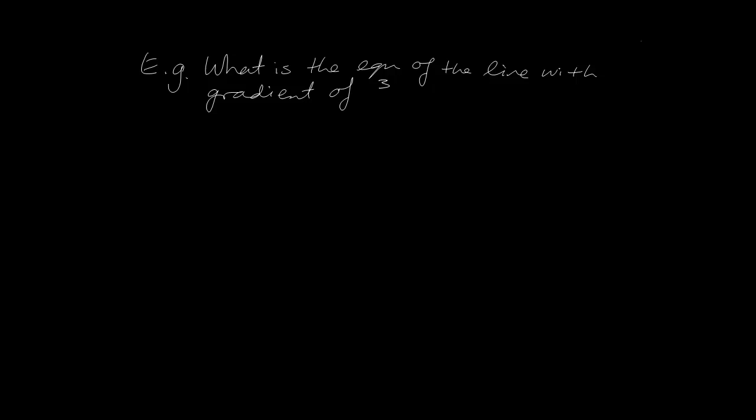Suppose we are asked: what is the equation of the line with gradient, what shall we pick, 3/2, and passes through a certain point. So it passes through the point (-1, 4). Okay, so in this question, because we've got the gradient, we can say y equals mx plus c,